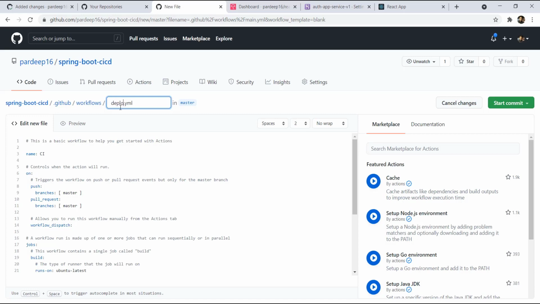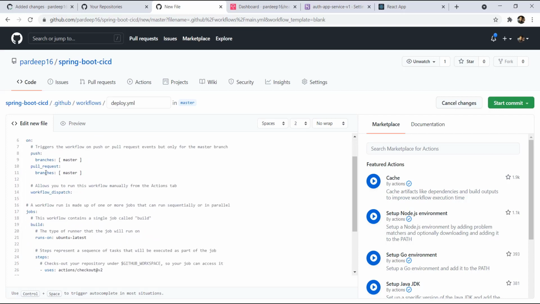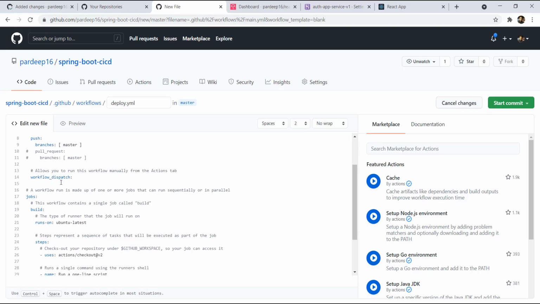Let's give the name deploy.yml. Here we'll give Spring job. We can give backend service. So on push branch master, and the same workflow dispatch we can add here.